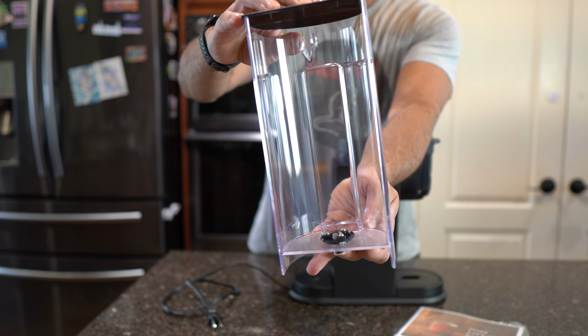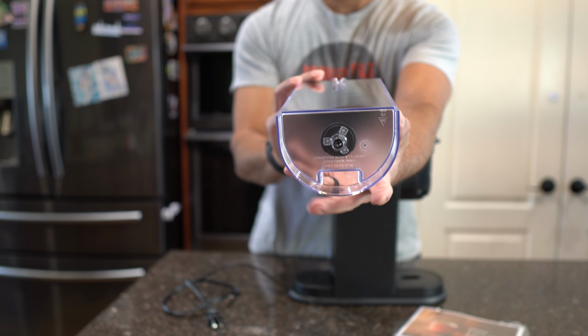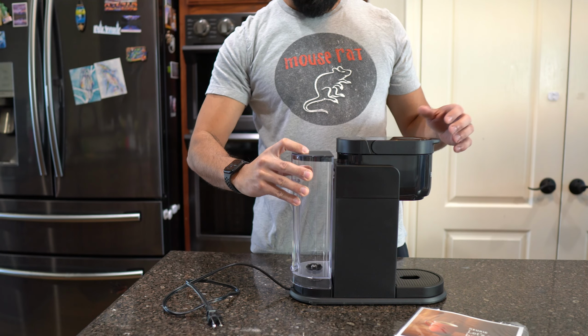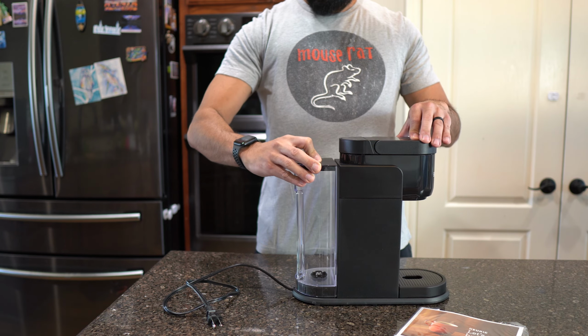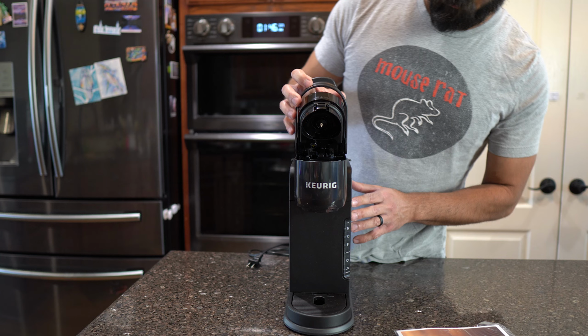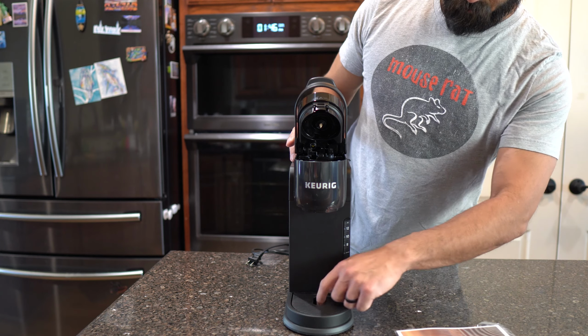The reservoir doesn't have any measurements on it, but the front panel will let you know when this is low on water, and the top lid isn't attached at all, so be mindful of that as it's easy to accidentally knock it off. You can remove the bottom tray to accommodate travel mugs that are up to 7.4 inches tall,